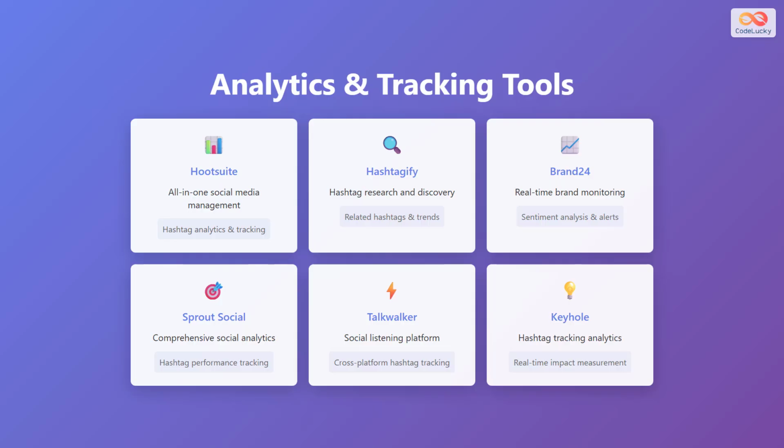Sprout Social offers comprehensive social analytics, including hashtag performance tracking. Talkwalker is a social listening platform that tracks hashtags across multiple platforms. Keyhole specializes in hashtag tracking analytics with real-time impact measurement. Using these tools helps you understand which hashtags are working for your content and how to optimize your hashtag strategy for better engagement and reach.